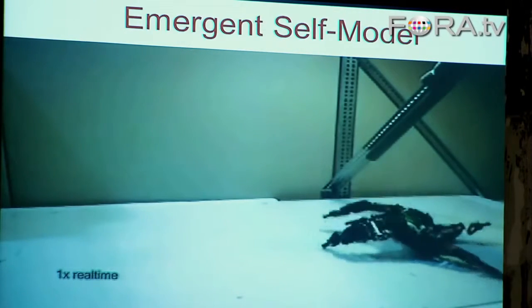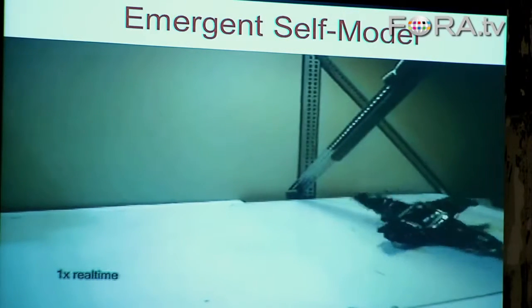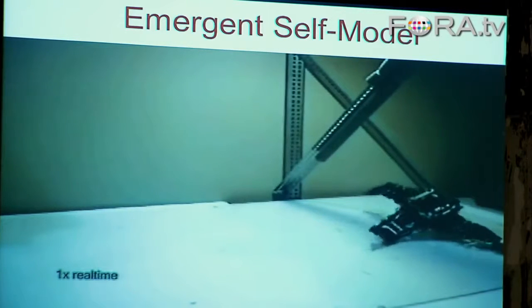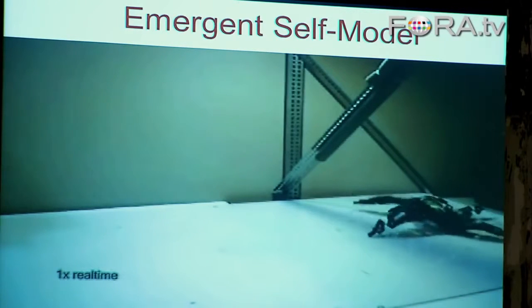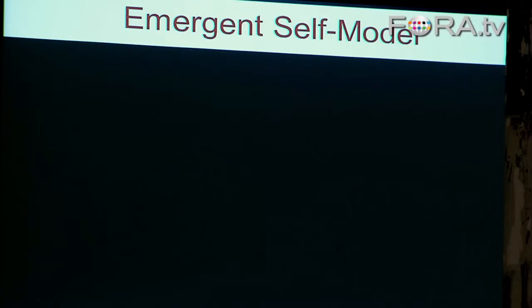But when you look at this robot, you have to remember that it was not programmed to move. It did not have a model of itself before it started, nor did it do trials of walking before this, of moving, right? So we kind of bypassed these three things, and we allowed it, through this idea of self-modeling, to learn how to do something. So here's a